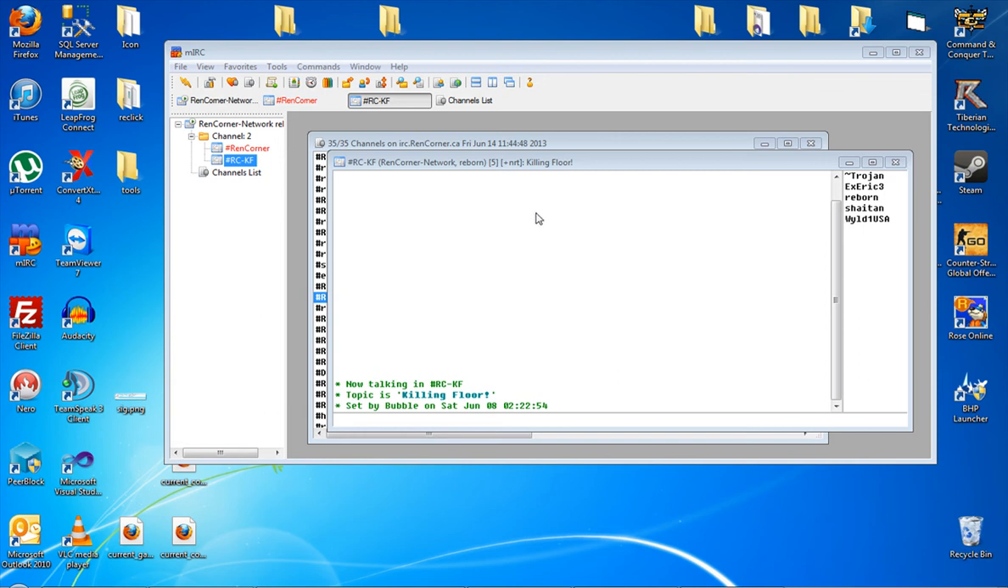Hi there, I'm just going to show you a quick demonstration of a proof of concept, or well, I guess an alpha version of a new piece of technology for Killing Floor. So you can see that I'm in an IRC channel right now. This is the Ring Corner Killing Floor IRC channel on the Ring Corner IRC server,